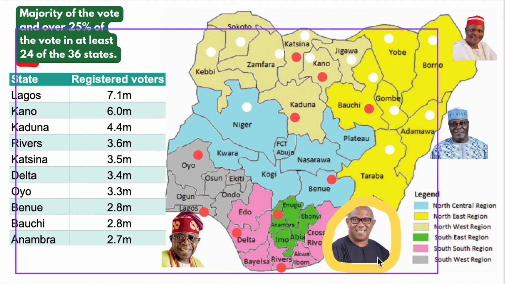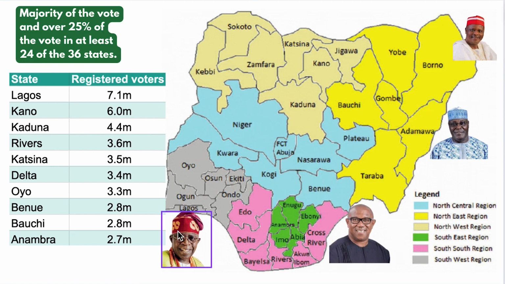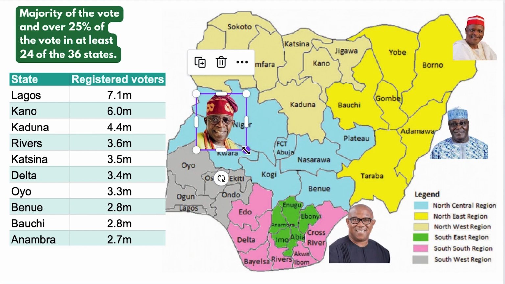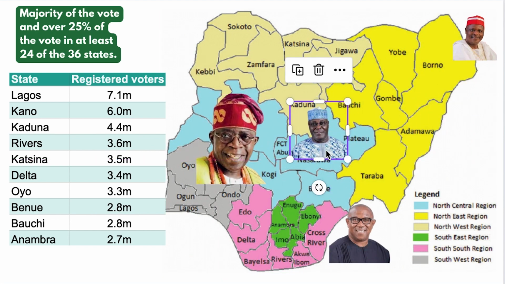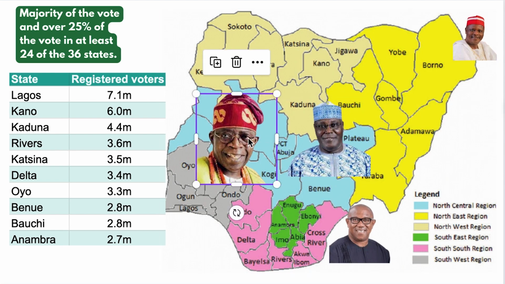we're talking about somebody that has age on his side. I know some people will say age is not supposed to be a problem, but these are really old guys. They've been politicians for a very long time,